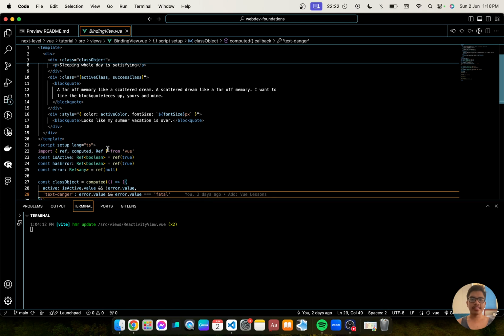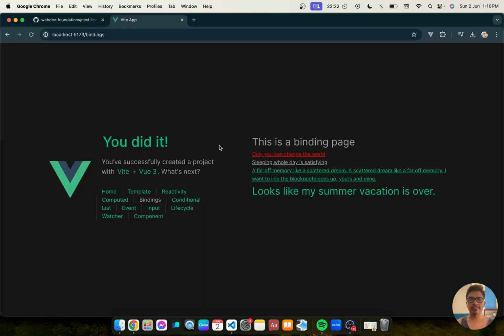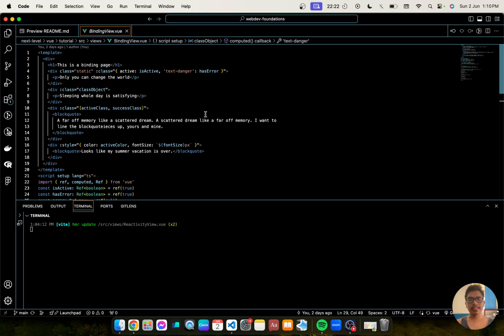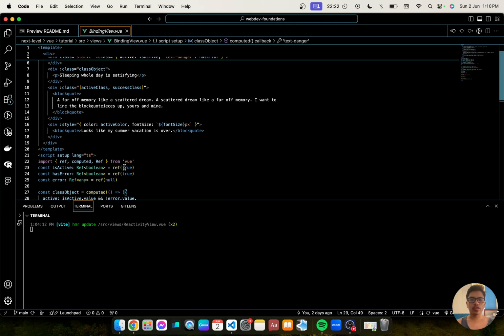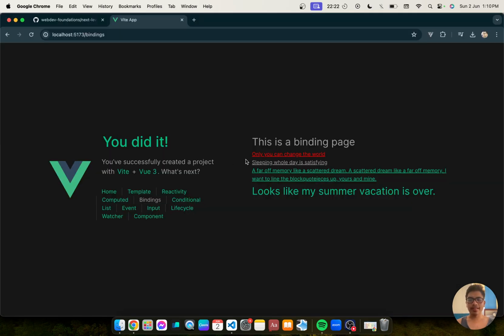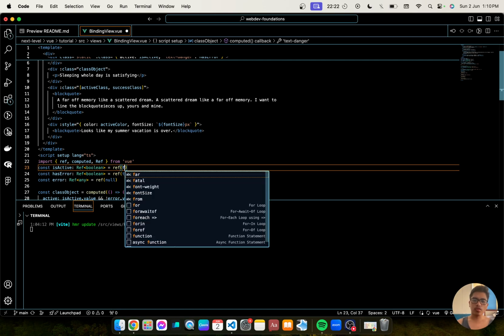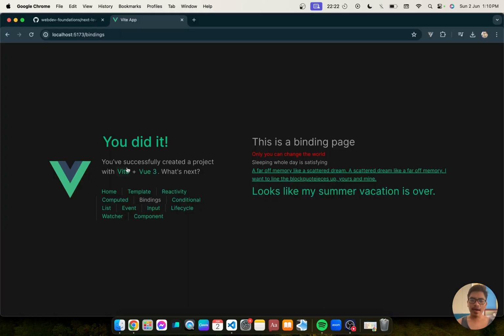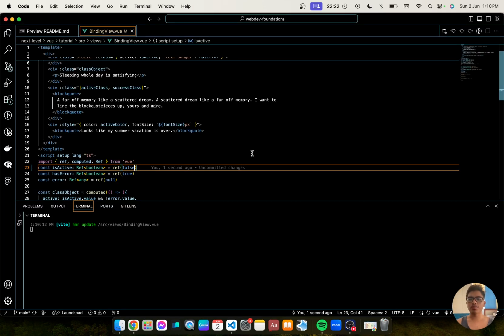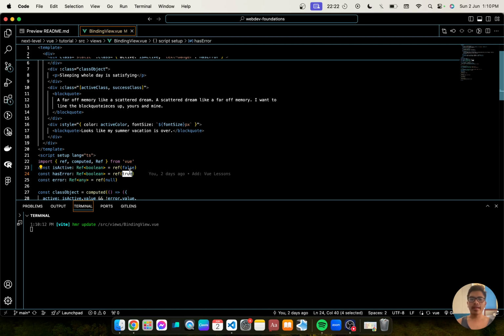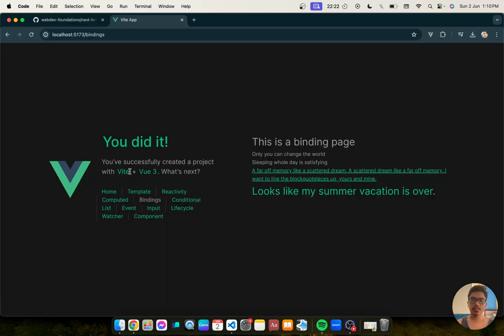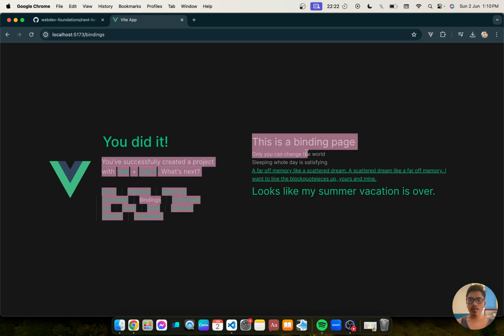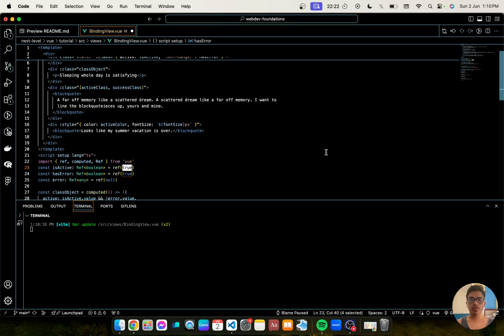And the referencing is isActive and hasError. Currently, it has an underline. But when we turn the value to false, active is removed and the underline is removed. And hasError when false, the red text is removed.